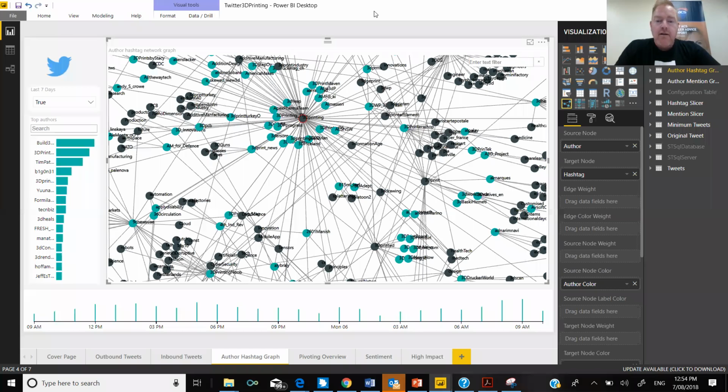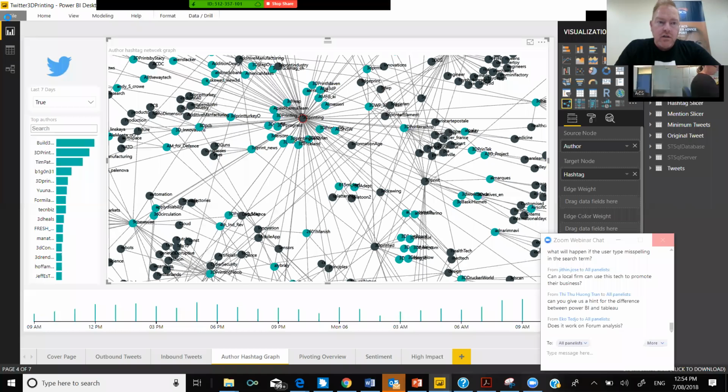But you've got it saved inside your Power BI report, and then you just need to publish it. Once you've published it, you can expose or embed that inside your web page and allow people to interact with it for free.